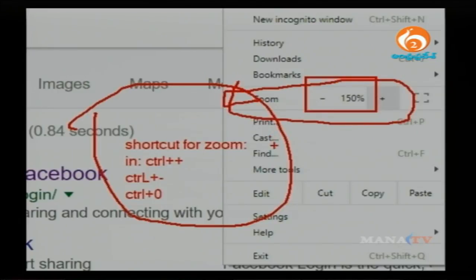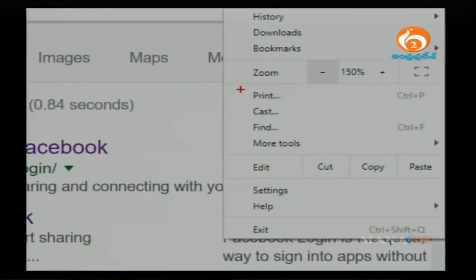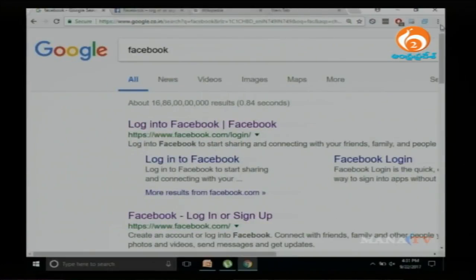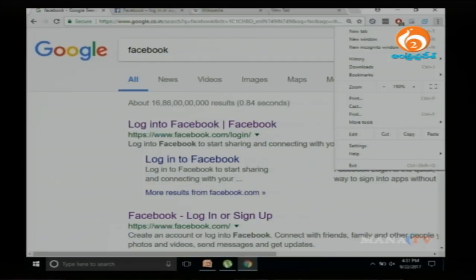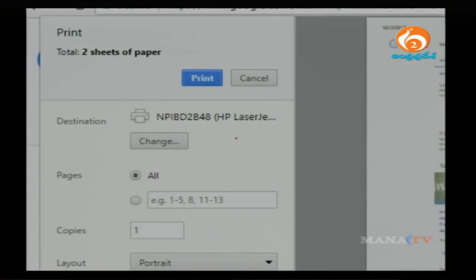Next, we have a print option. We will have it in other places also, like in a web page or a Word page. Yes, I am clicking on that. So this is